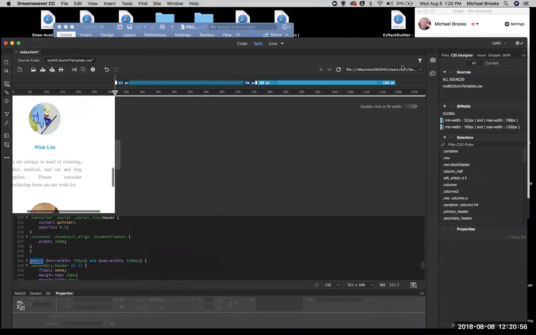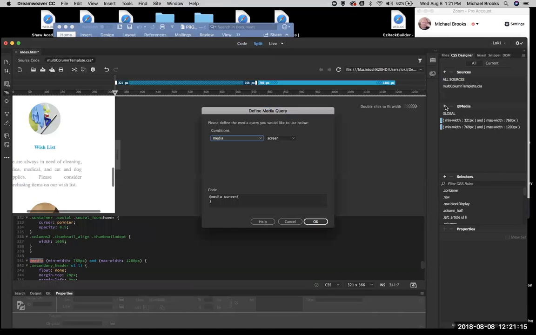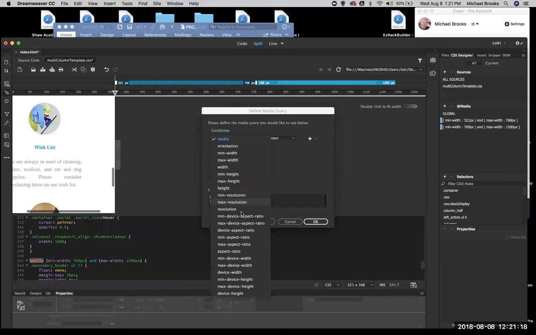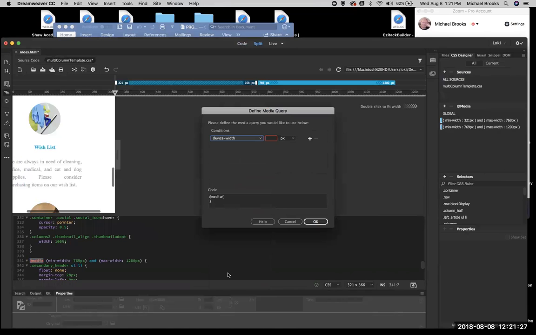And the media query defines the breakpoints or certain things within it. Okay, there are other ways to define them other than breakpoints. Here, let's add one. Look at all the different things we have here. I can even say the device height, the device width. So we can use the device width as well. But now 100%,